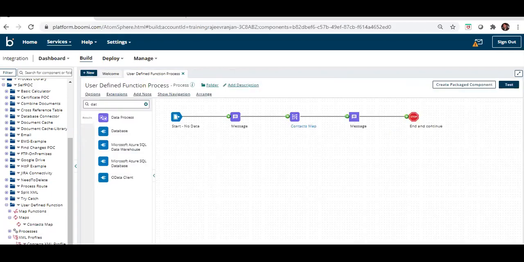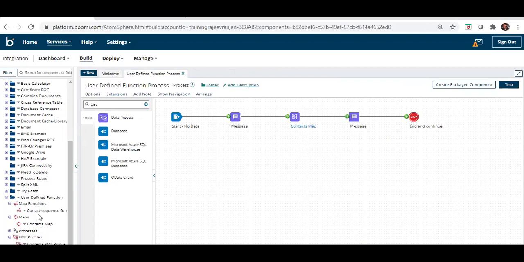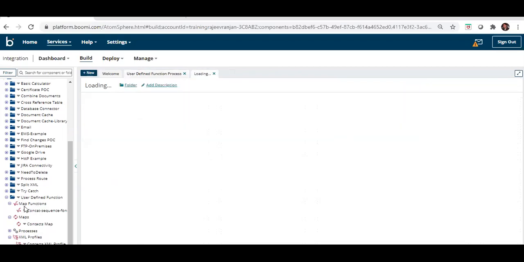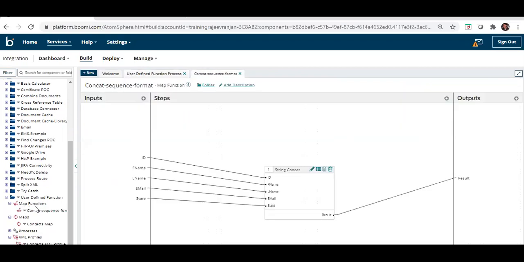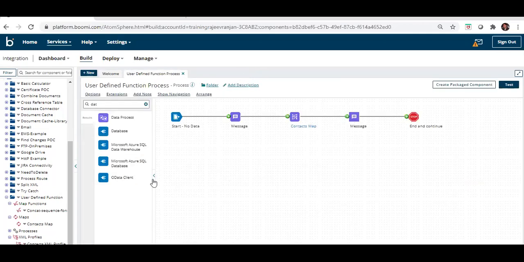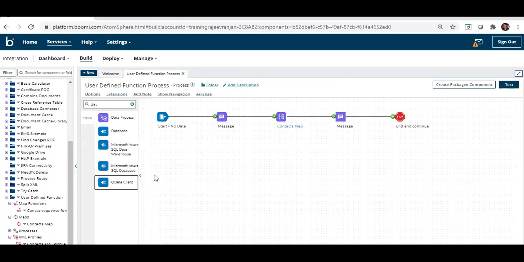Very simple. Once we create the function, it appears under the map functions. This function, concat sequence format, takes the inputs, uses the Boomi provided string concat function, and performs the concatenation. So let's run this process.